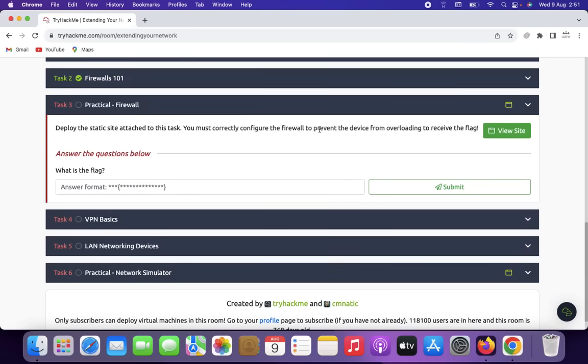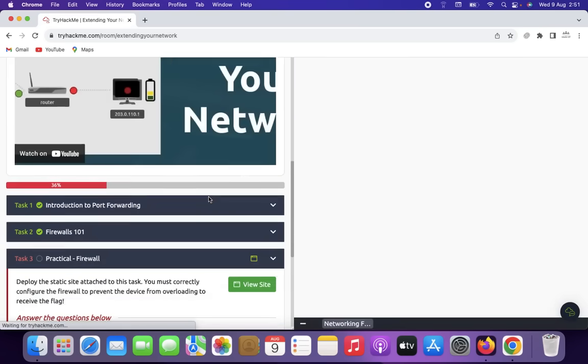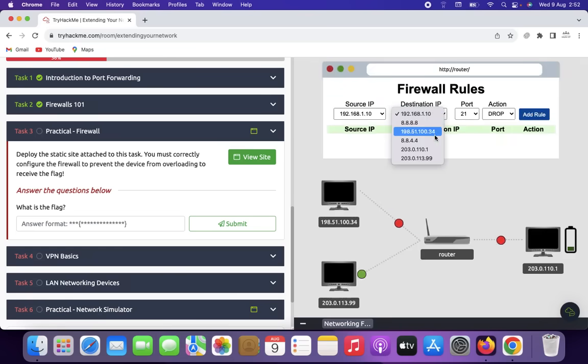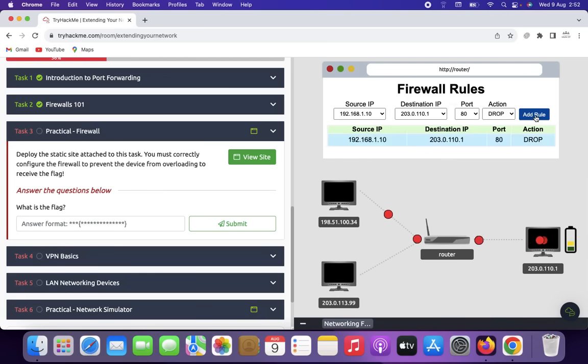So now we go for the firewall practical. Now view the website. The website at 203.0.113.110 is under attack. Quickly add some firewall rules and stop the crashing of the system. Okay, the port is 80, then